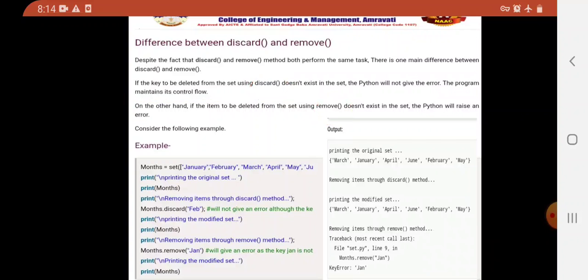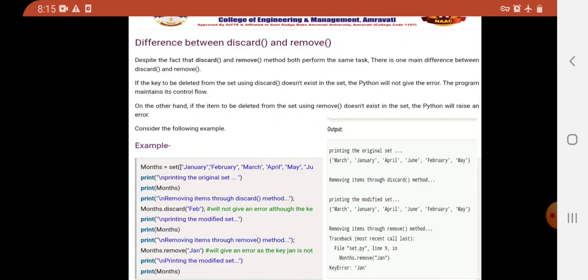Let us consider one example here again. Months equal to set January, February, March, April, May, June. Print the original set, so print months. Print removing items through discard method. Months dot discard Feb will not give an error. See, Feb is not present in the original set, but it doesn't give any error. After modifications it will print the same original set again on the command prompt.